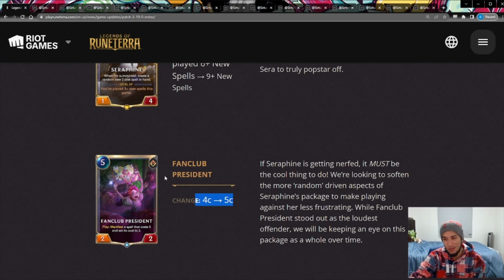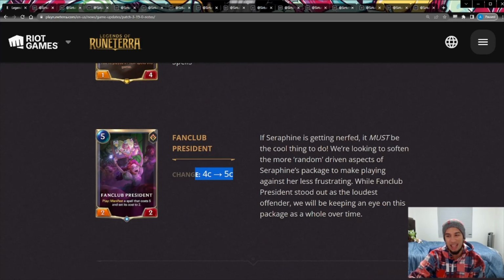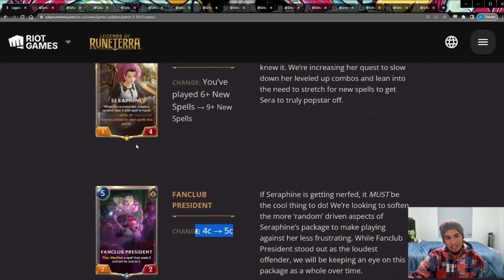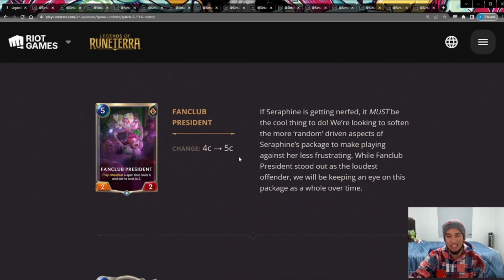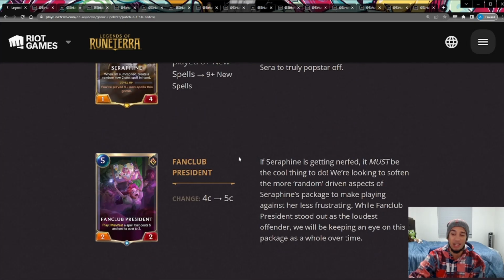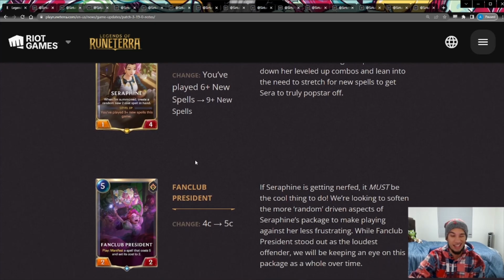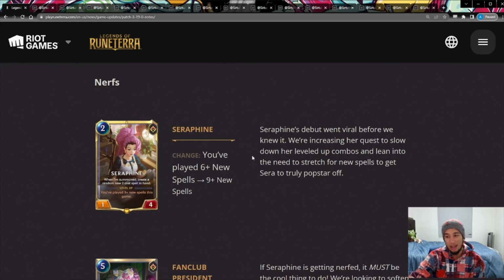I think straight up, maybe it doesn't kill the card because it's still probably good enough with Seraphine and with Barkeep, but it's very good enough. Which, by the way, as you can see here, we have no Barkeep nerf, right? So that's one card that I feel like should have gotten a nerf from the Seraphine package. I think Barkeep is really what was carrying a lot of these Seraphine decks. So I wouldn't be surprised if eventually we do see a Barkeep nerf, but, for now, we're not having back